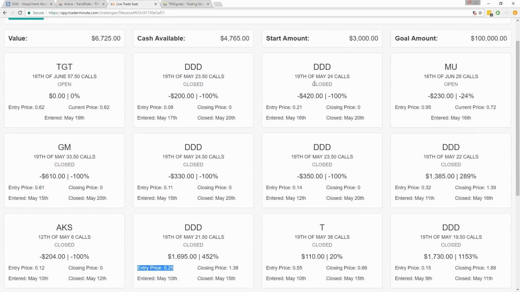Okay? And you can see here that ultimately I have 1, 2, 3, 4, 5, 6, 7, 8, 9 Triple D trades. I have 9 of them. 4 of them went to 0. But the 4 that went to 0, I had 200 on, 420, 350, and 330. Just my last Triple D trade, the gain from 32 cents to 139, made more than I lost on these other 4. Had Triple D gone up another $2 this week, the way these options were positioned, it would have been worth $7,000. I didn't realize the $7,000, but I was able to put myself in a position to have that potential